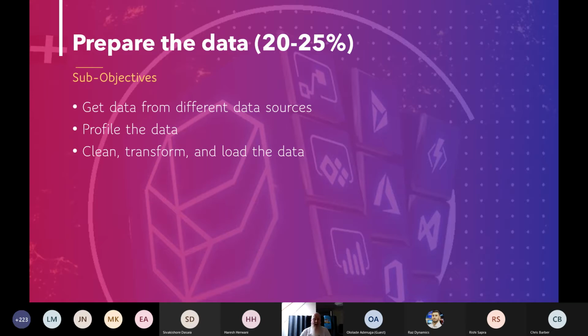Then we get to profile the data. What I'm trying to get at on this one is you need to be able to cleanse and transform your data. But to understand how to cleanse and transform, you need to understand what's wrong with your data. And there's an awful lot of capabilities that are given to you in your data set. So how do you identify anomalies? How do you look at properties? And then we've got statistics that we can generate. If you go into Power Query in particular, you can have a look at all the histograms and understand maybe what the profile or distribution of my data is. And that may cause me issues, and I need to understand that.